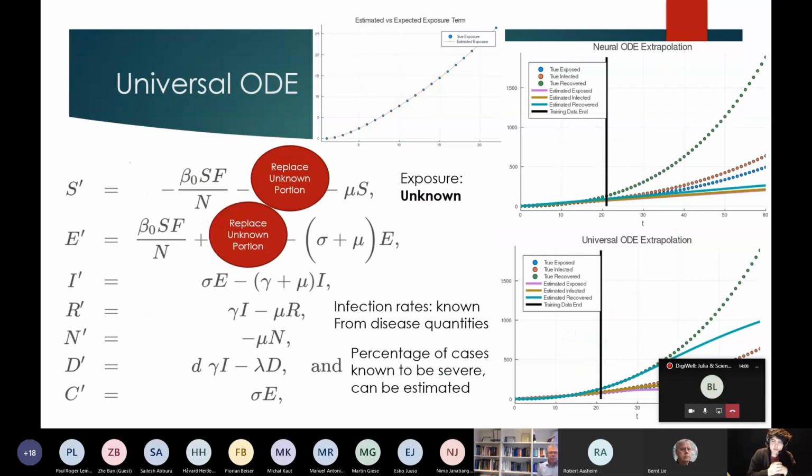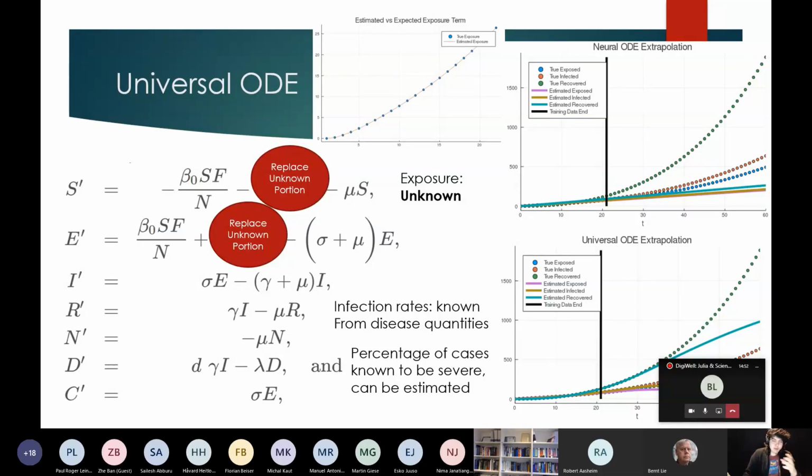So now here is a version of the SEIR model where we say, well, we know quite a lot about SEIR, right? We know a lot about COVID-19, right? So for example, if someone is infected, we know the rate at which they recover. We know the percentage of them that go to the hospital versus not, right? So, people who have the infection but are not hospitalized. D are the percentage of people who are hospitalized. And so there's a rate constant in there for the percentage that is hospitalized. And then there's a constant in there for the rate at which the recovery occurs.